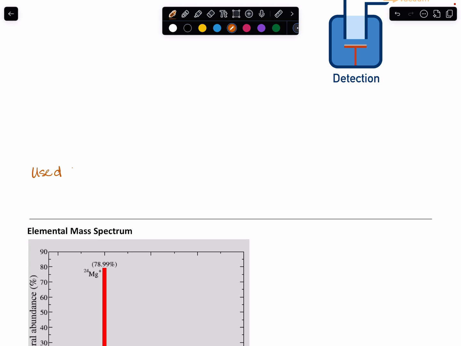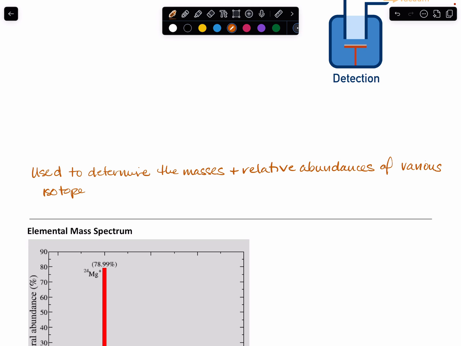So it's used in our case to determine the masses and relative abundances of various isotopes of an element. All right. So we tend to introduce this technique when we're talking about atomic structure, and in particular when